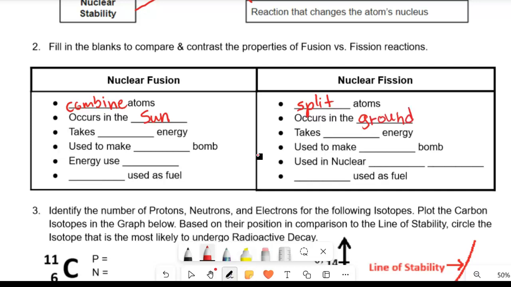Nuclear fusion takes a lot of energy, while nuclear fission takes little energy. Nuclear fission was used to make the atom bomb, while nuclear fusion, it's never been used in warfare, but it's called the hydrogen bomb. Nuclear fission reactions are used in nuclear power plants,